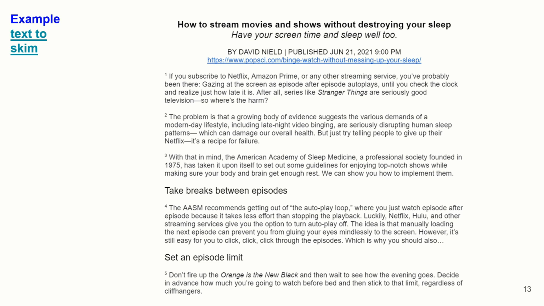And so they would mark those as headings and ask themselves, well, what's the purpose of the heading? Take breaks between episodes, set an episode limit. Oh, you're telling me what to do. Oh, okay. Well, this is a how-to. It's a technical article. So already the student is doing what we would normally hold their hand in doing, because